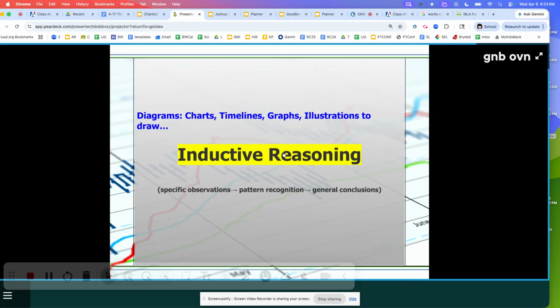So, there's 2 types of reasoning. The first one is a little bit easier, and I'm going to teach it to you. This is a lesson that I usually do with some older students. It's called inductive and deductive reasoning. There's 2 different types. So we're just going to do what we call inductive reasoning. So as an example,